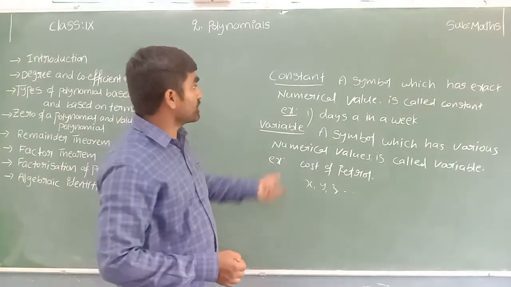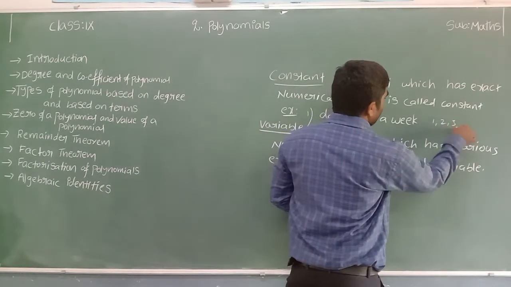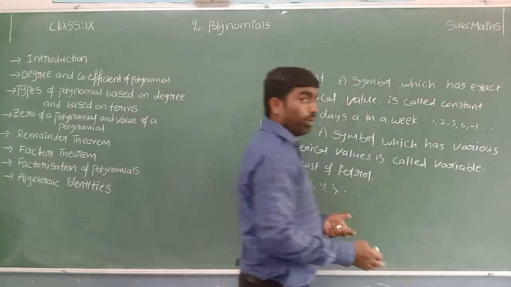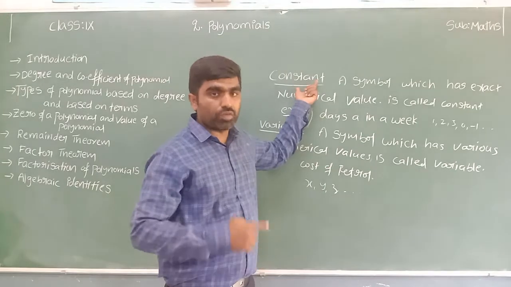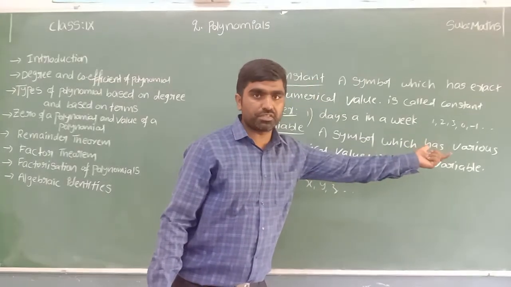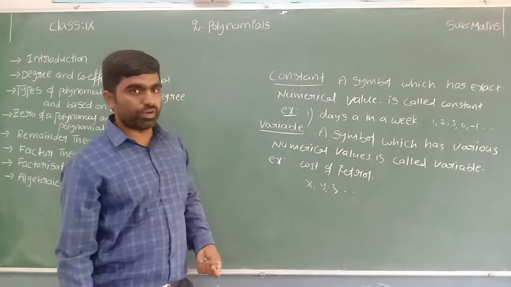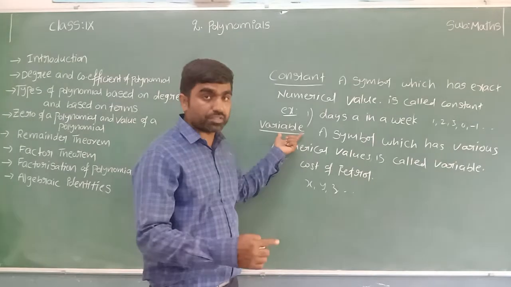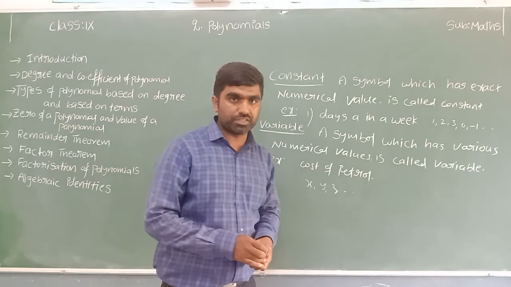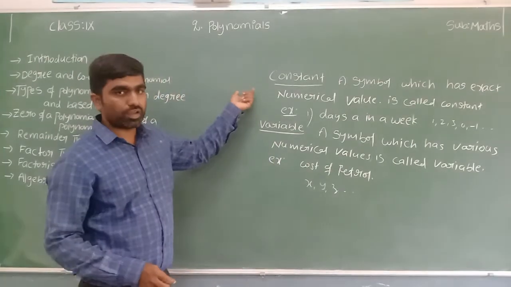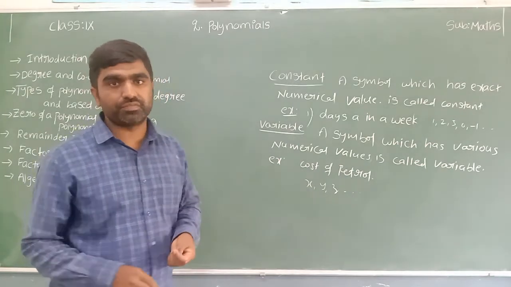Sir, what symbol can we use to express constants? We can use the numbers 1, 2, 3, 0, -1. All the real numbers are constants only. Constants we can use to express the known values with the help of numbers. Sir, only positive, negative? No. All the real numbers are constants only. Variables we can use to express unknown values, and to express those unknown values, we use alphabets. Hope you understood what is meant by constant and variable. Now let's see what is an algebraic expression.